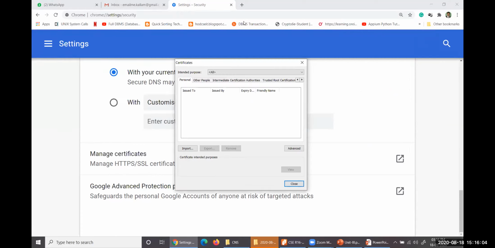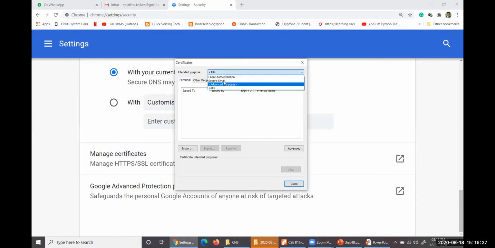Within this pop-up, you could see the intended purpose will be all certificates or secure email certificates. I don't know whether it is visible to you or not. I think Control E, I think the snipper.